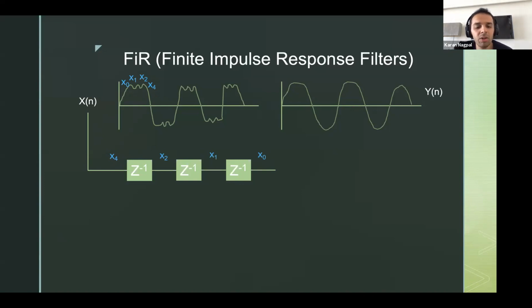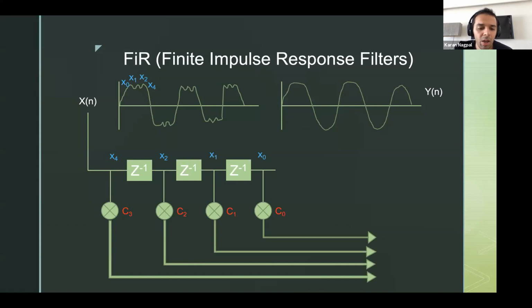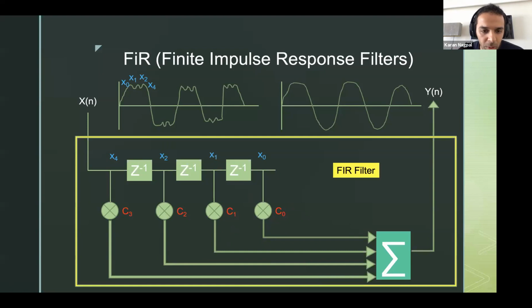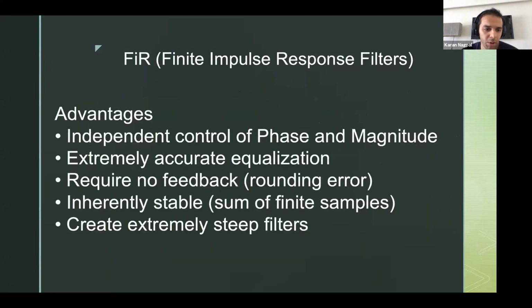And then each sample we have used has its own coefficient. They all are going to be multiplied by different coefficients, and all these samples are then going to be added, and then given to you as Y, your output signal. This is basically how your FIR filter works. Don't get into too much complication. You saw that in 2-3 steps you get the desired output. If that makes sense, we have to talk about the end result, and that's what's going to pay us in the end. So this block is our FIR filter.